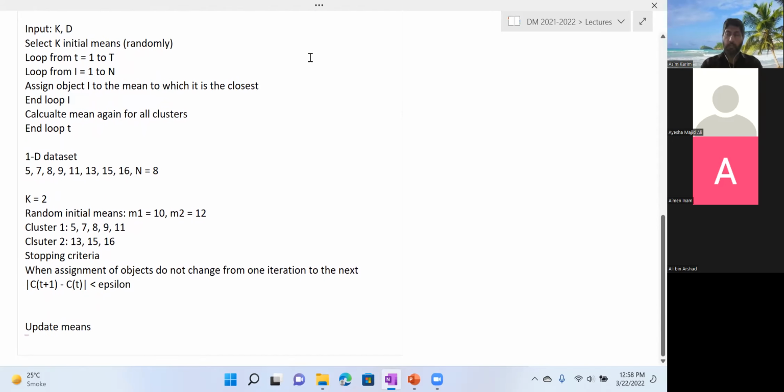So how do we do that? We compute the new mean of M1 is equal to